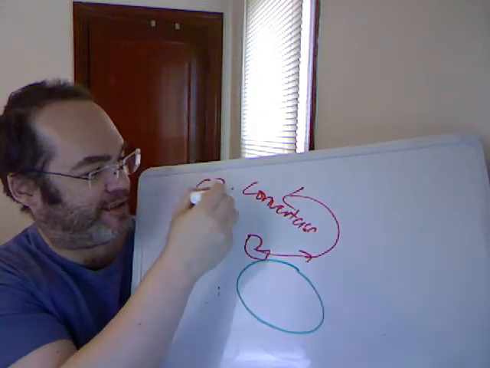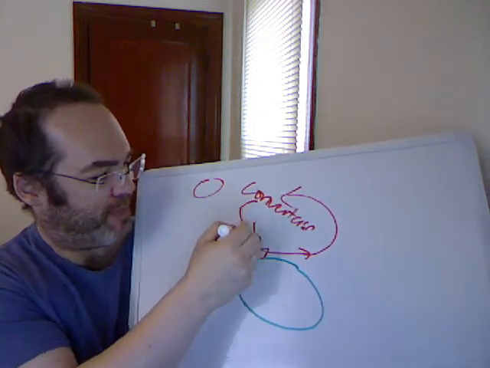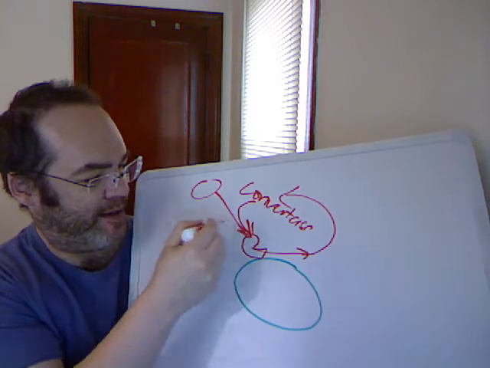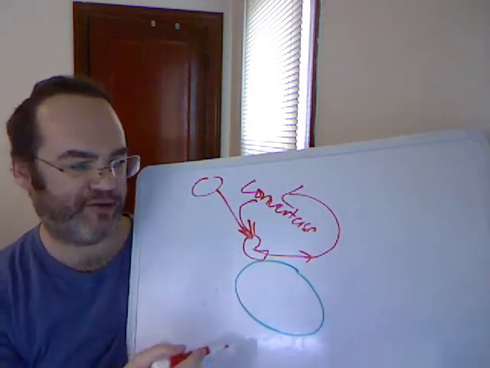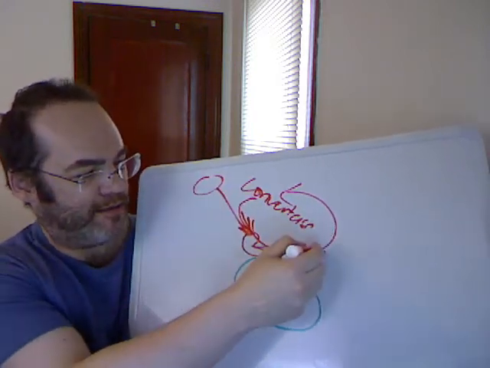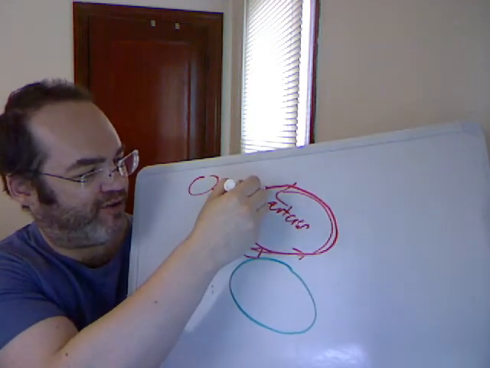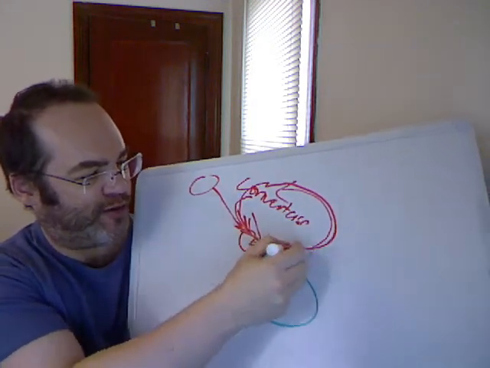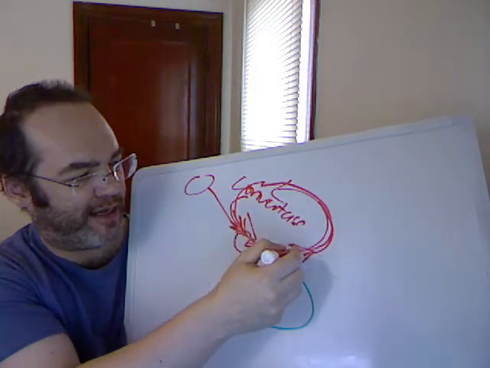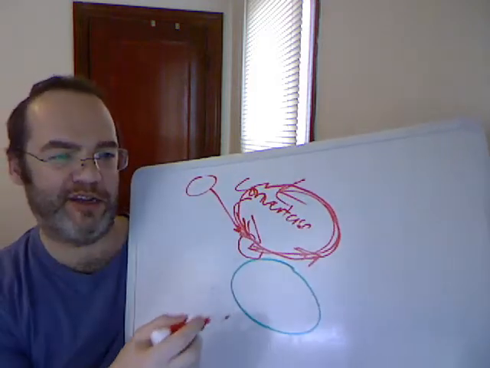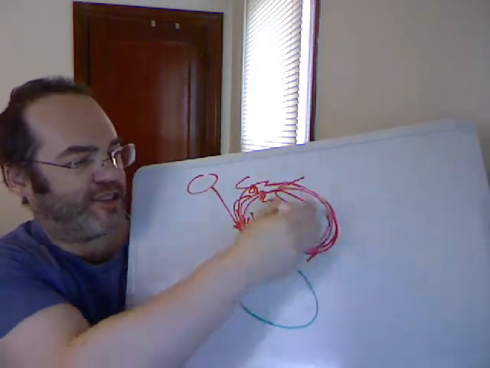C3 convertase then splits more C3 into C3a and C3b, and that triggers more C3 convertase, and that triggers more splitting, and that triggers more binding, and that triggers more C3 convertase, and here's that snowball effect